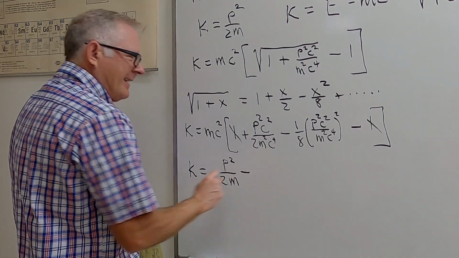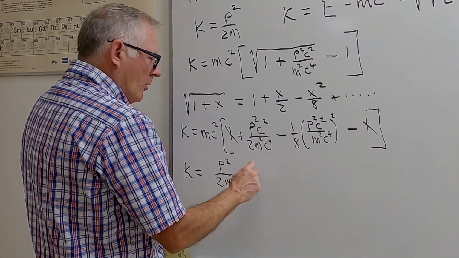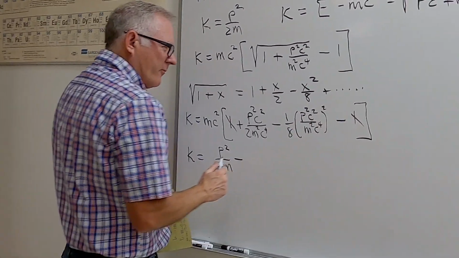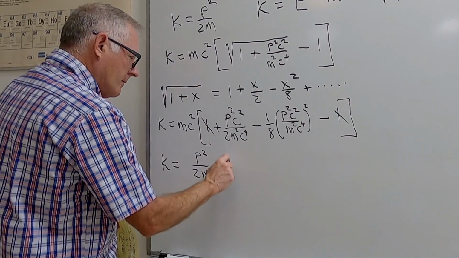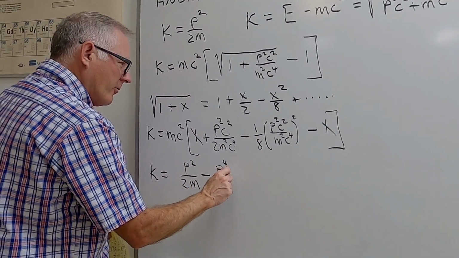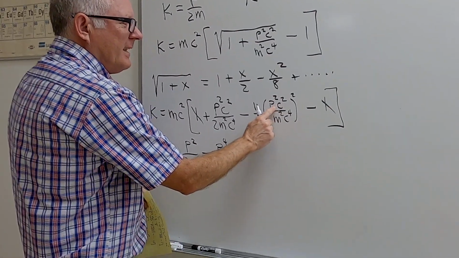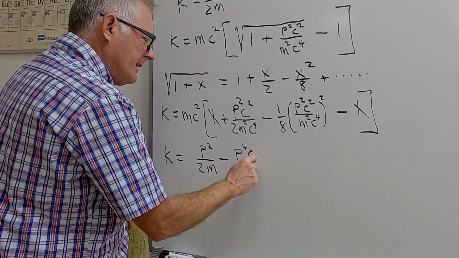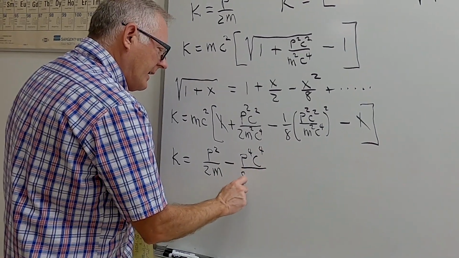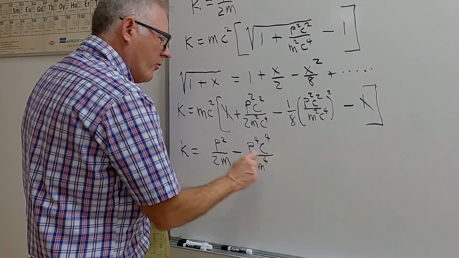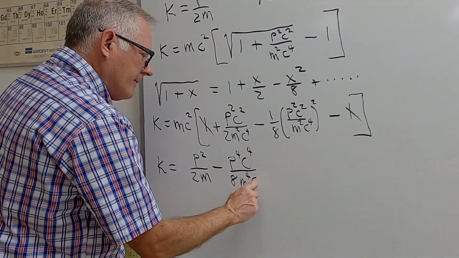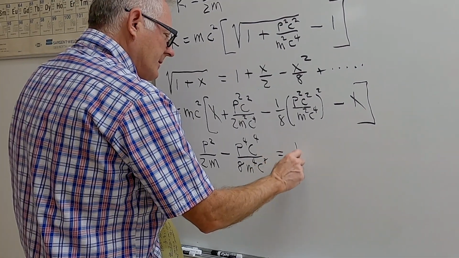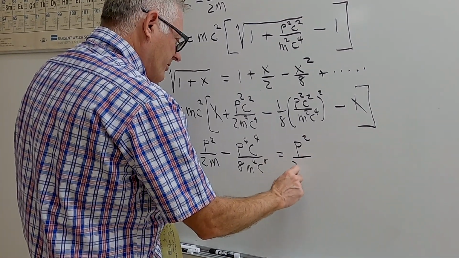And then we have minus, we've got p to the fourth, c to the fourth, p to the fourth, c to the fourth. Well, we're going to get c to the fourth over c to the eighth. Well, we'll just write it all in: c to the fourth all over 8 m to the fourth c to the eighth. And then I can simplify this term right here. This is p squared all over 2m